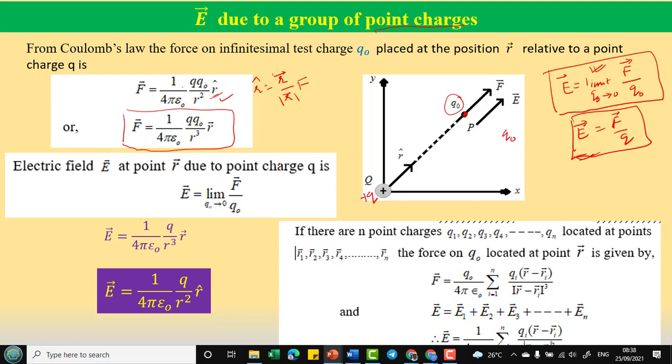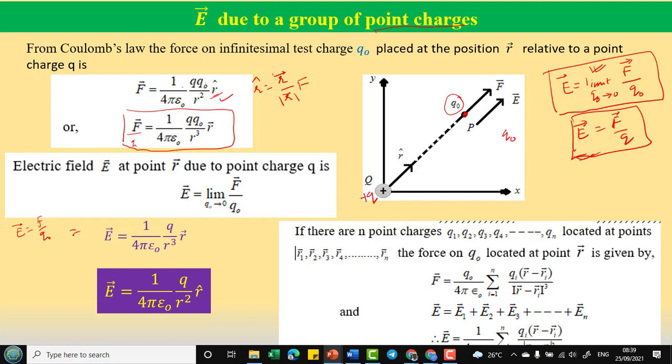Now by the definition of intensity of electric field, E is equal to the limit Q naught tending to 0 of F by Q naught. So we are placing the test charge Q naught at the point at which we want to calculate the intensity of electric field, and we divide whatever force is acting on that unit positive test charge by the charge itself, so force per unit charge. If this is the force, then we have to divide this force by Q naught. When I divide, this Q naught will get cancelled, so we will get the intensity of electric field, which of course is E is equal to F by Q naught.